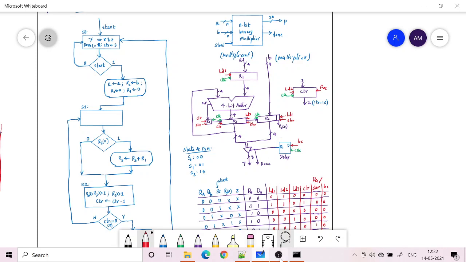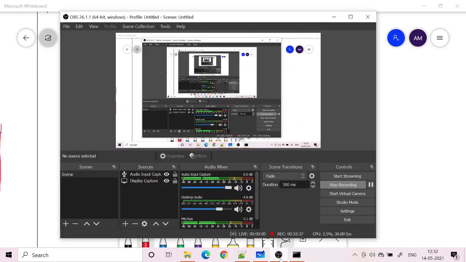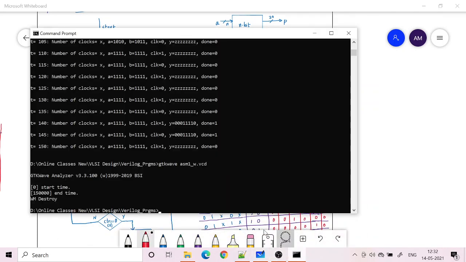So what I will do is directly run the program. I have stored the program in the ASM3 file. I will just change to ASM3, so I will put the output in ASM3.